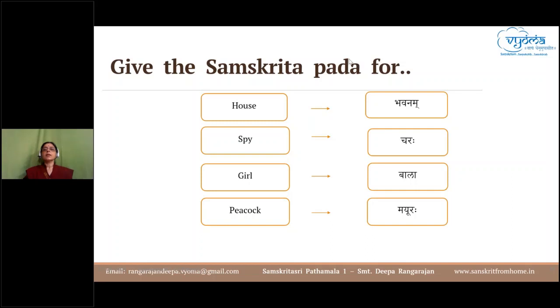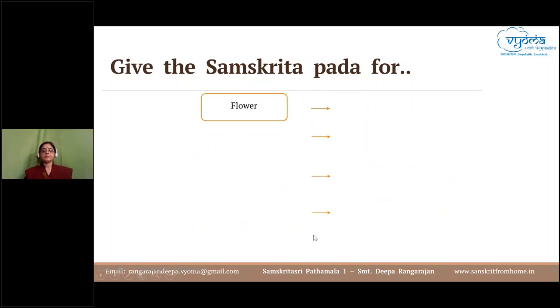Bihan, would you like to try? Yes, ma'am. Do you remember the word for flower? Shall I give you a hint? It starts with ku. You remember it? It is kusumam. Yes. Next is,